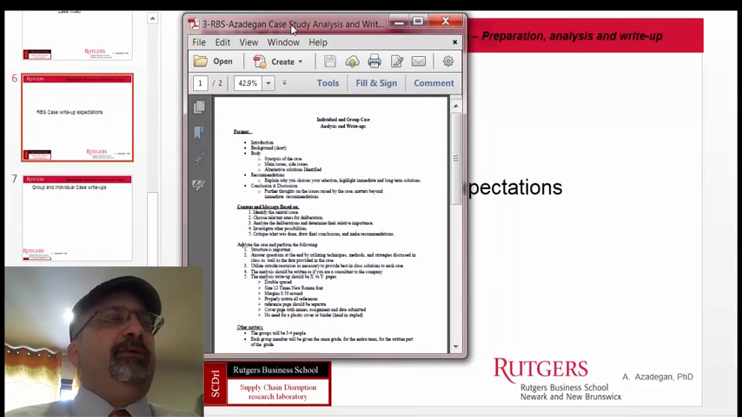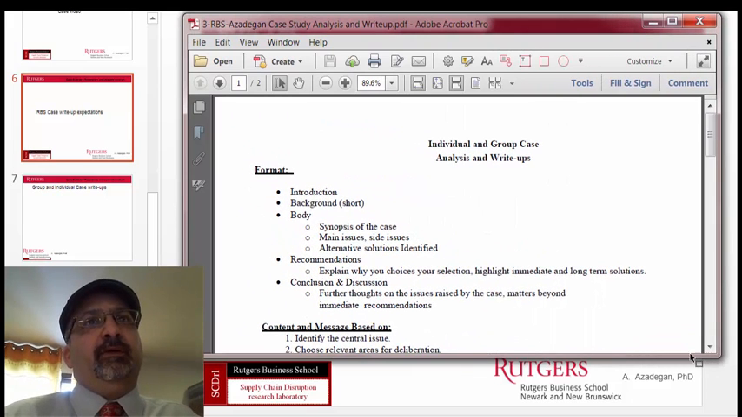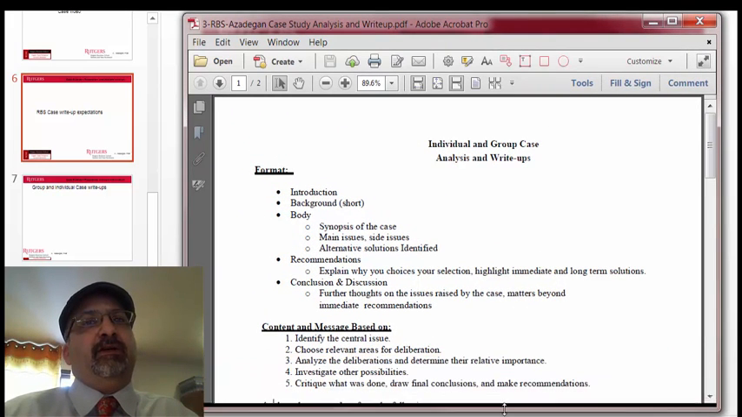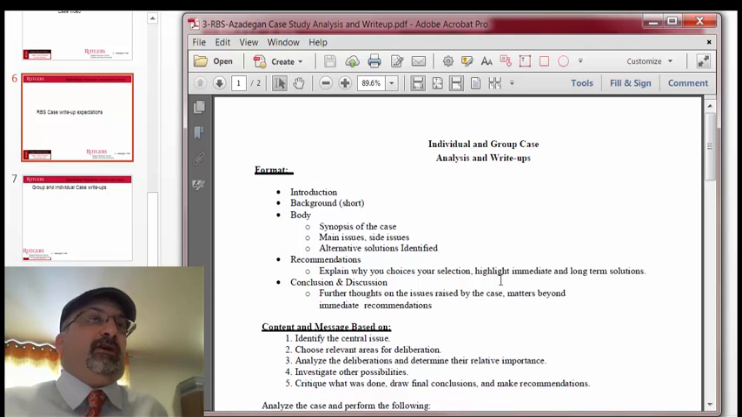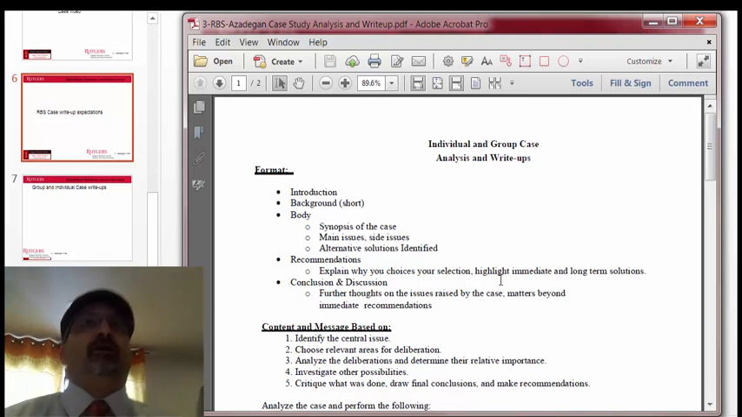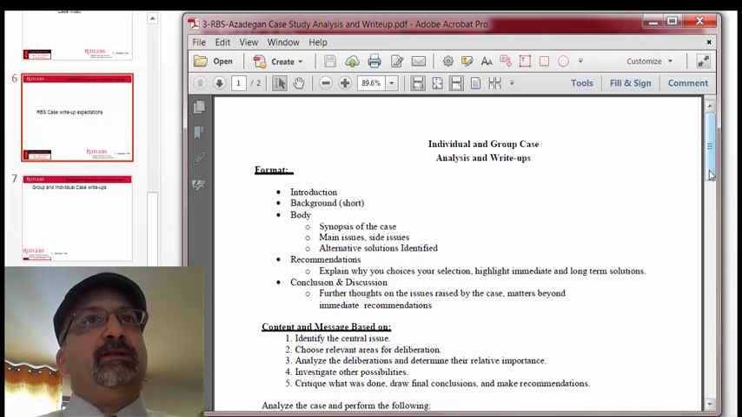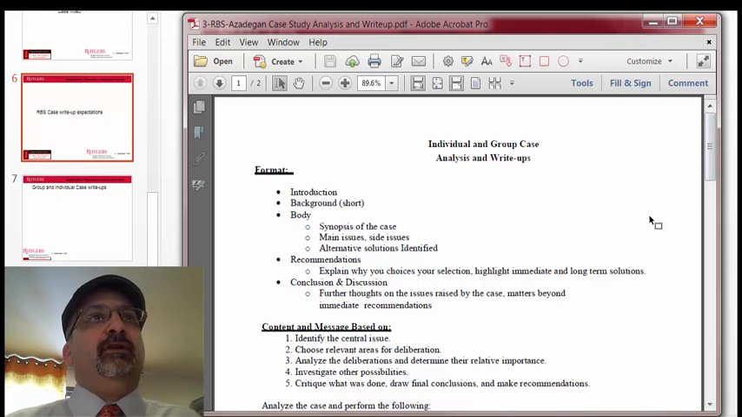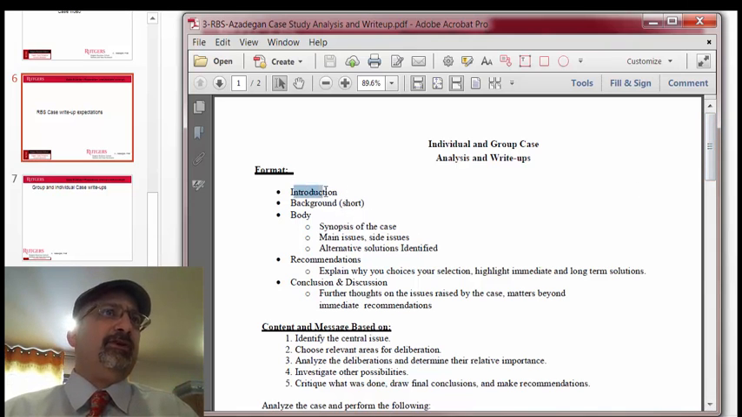This is essentially a PDF that is provided to you as well in your course platform. Be it online, face-to-face, group, or individual, much of this applies when you're doing cases for me in my classes. In terms of the analysis and write-up, the format that's expected is to have a very, very short introduction, or